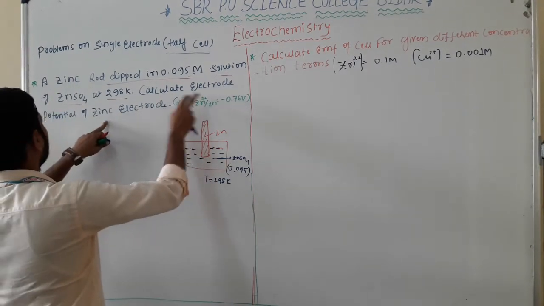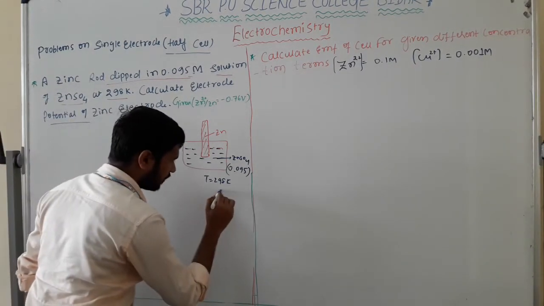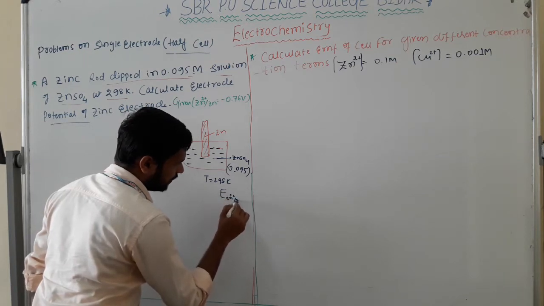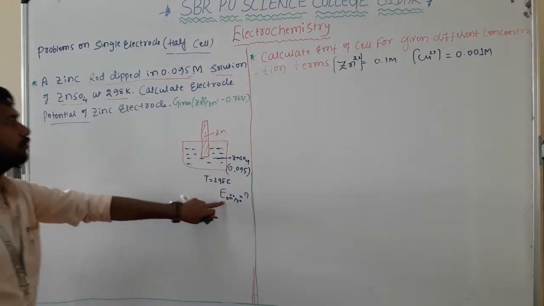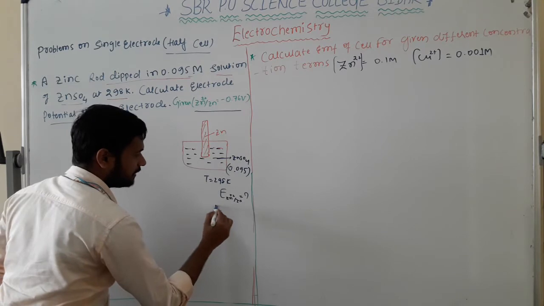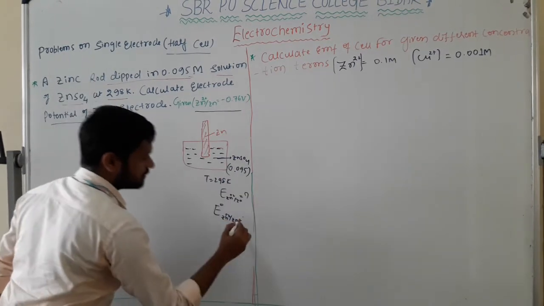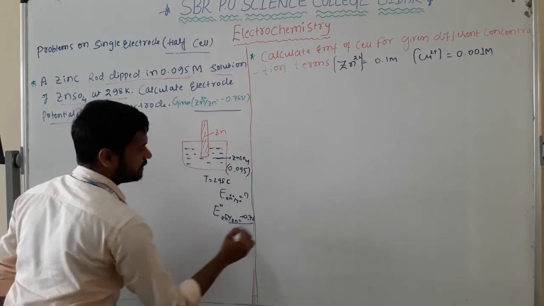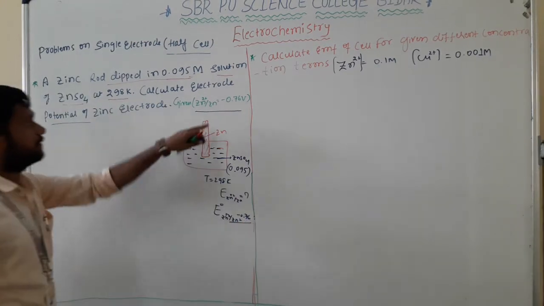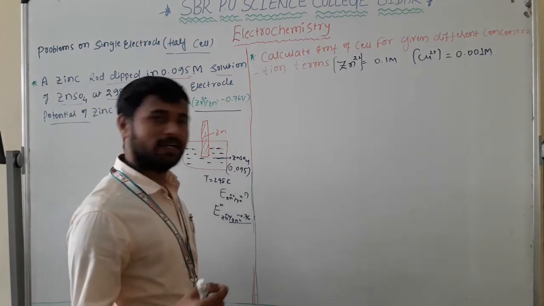He has given: calculate the electrode potential of the zinc electrode. In the sense, what is he asking for us? E of Zn2+/Zn, the electrode potential. And he has given the standard electrode potential, nothing but E naught of Zn2+/Zn is equal to minus 0.76. He has given this value. Now he wants to ask the electrode potential. According to the Nernst,